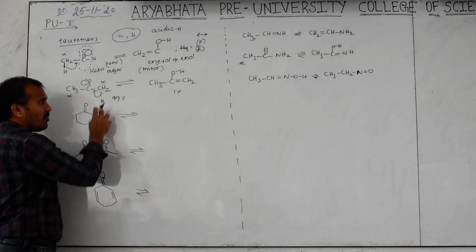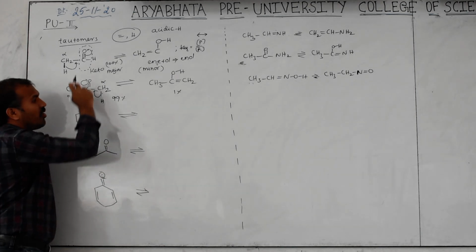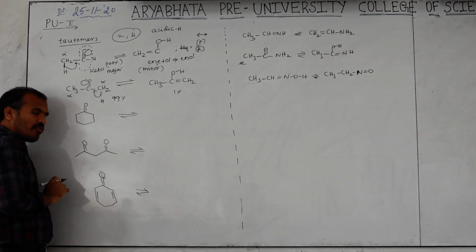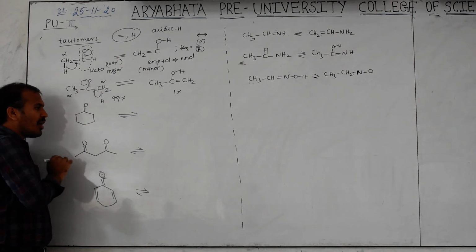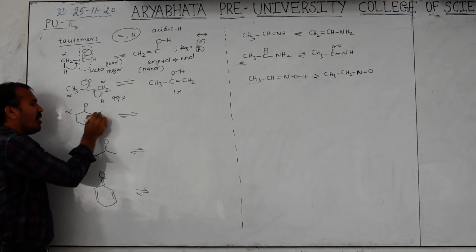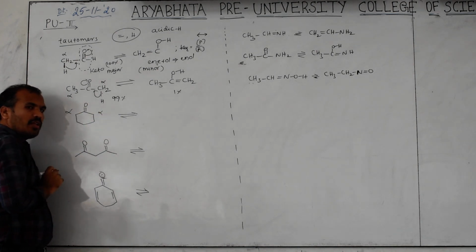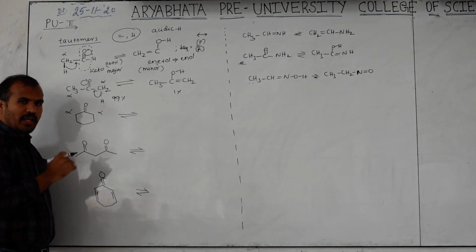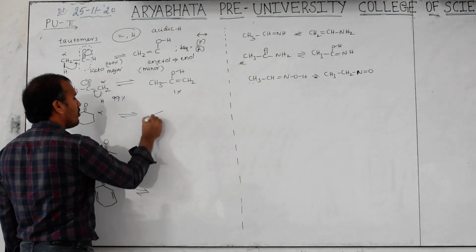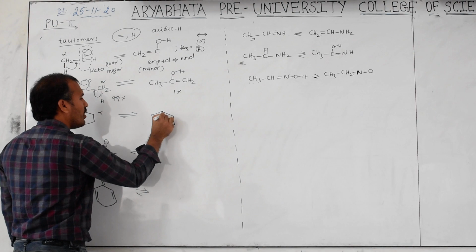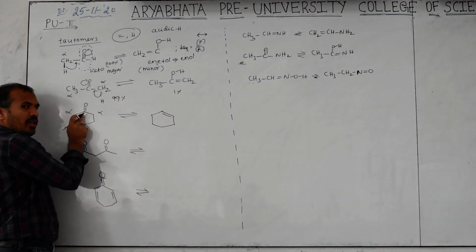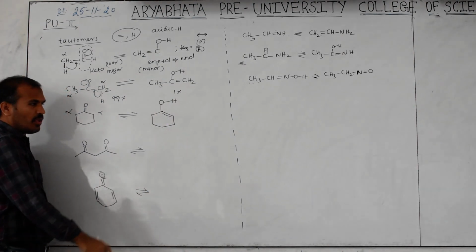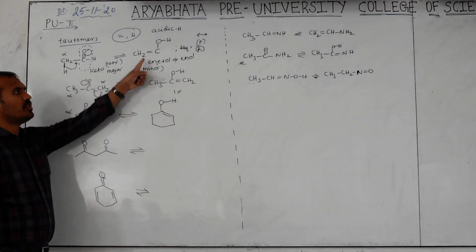Now here also same, because mono keto, this is aldehyde, this is keto. Then here how many acidic alpha hydrogens are there? Find out alpha hydrogen first. Alpha. This is a functional group. Then how many acidic alpha hydrogens are there? 4. Any one side take, no problem. Then we will get here double bond because one hydrogen shifted to here, and this single bond, double bond is single. This enol form.